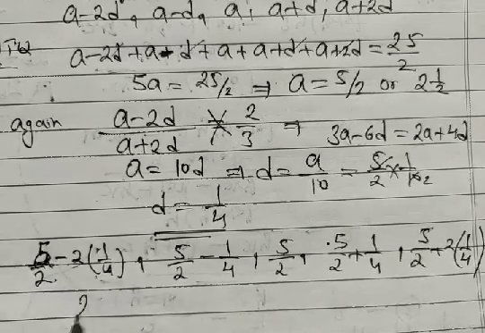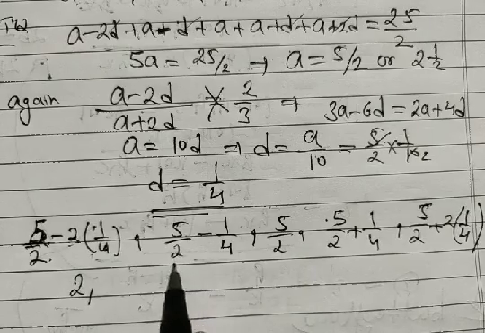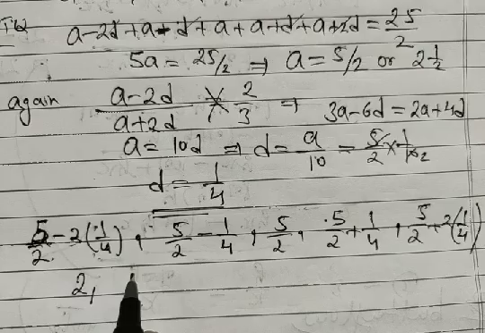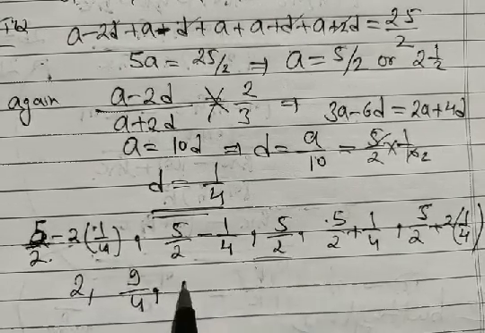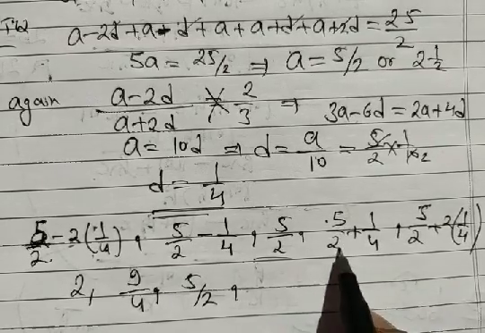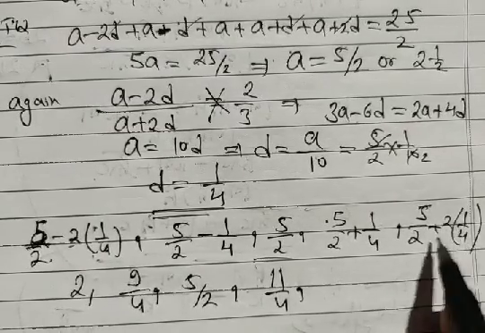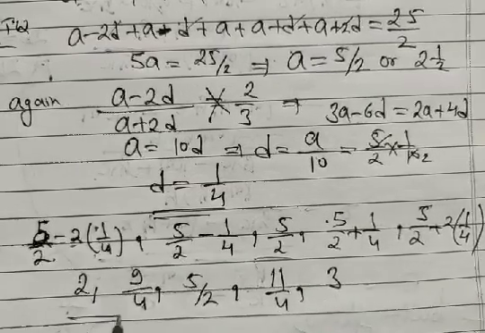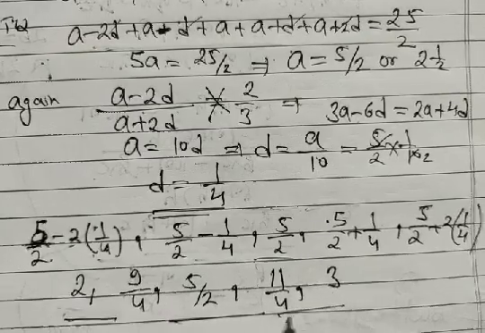Then after solving we get 2. So what is the first number? 2. Then multiplying by 2, 10/4 minus 1/4, we get 9/4. What do we get? 9/4. This is 5/2, write down 5 by 2, again multiplying with 2 and 2, then 10 by 4 plus 1 by 4, we get 11 by 4, and 5 by 2 plus 1 by 2 is 6 by 2, then it's 3. Hence our 5 numbers are 2, 9 by 4, 5 by 2, 11 by 4 and 3.